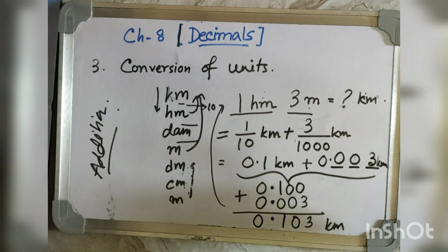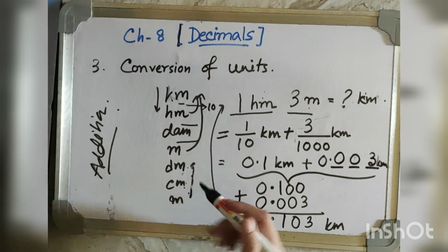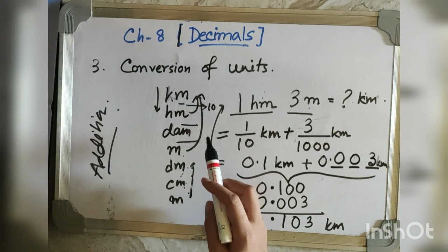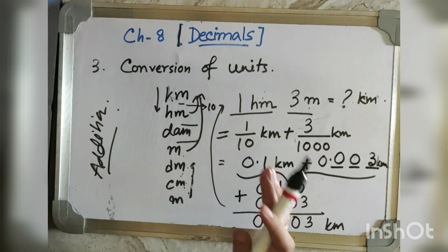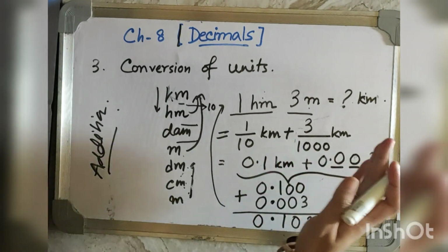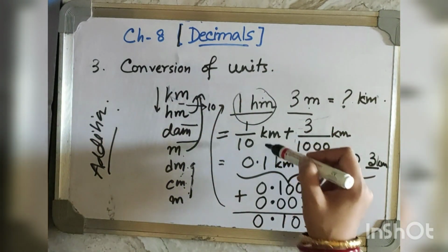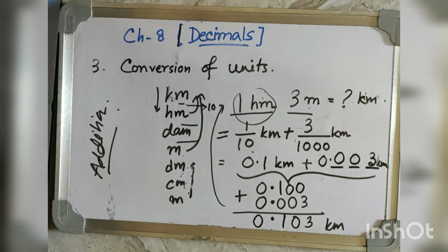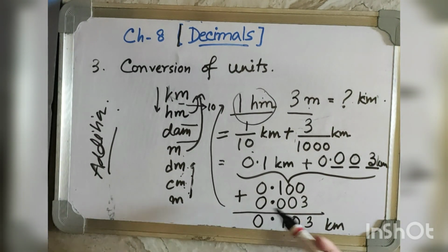So whenever we go towards the upward direction, we will divide. We know that very well. By which number we will divide? We will count the number of gaps. So by counting the number of gaps, we will put the same number of zeros after 1. By that number the given number will be divided. And if needed we have to bring the decimal, and if needed again you have to add or subtract, whatever will be needed, we have to do that accordingly.